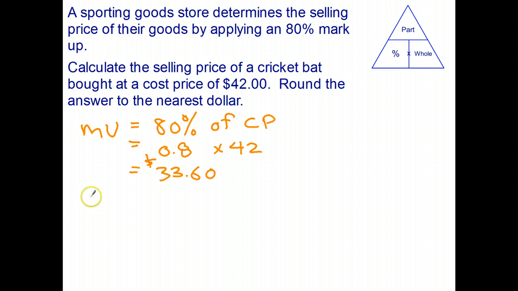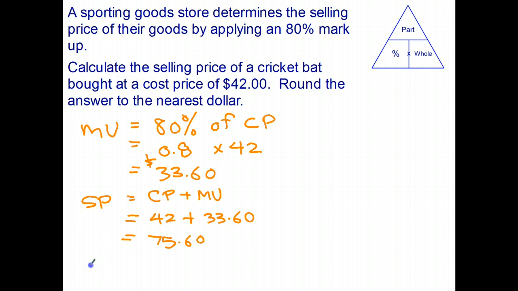And then finally, the selling price, which is the price he's going to put on the sticker, is the cost price plus the markup. In this case, he paid $42 for the cricket bat. The markup is $33.60. We add those together, gives us $75.60. So therefore, the selling price will be rounded up to